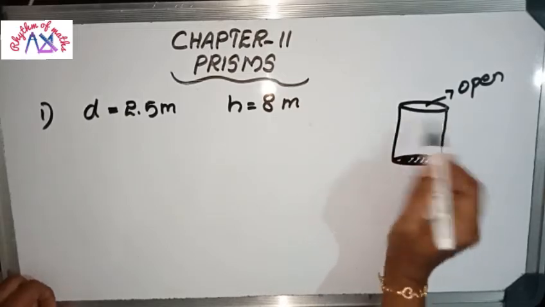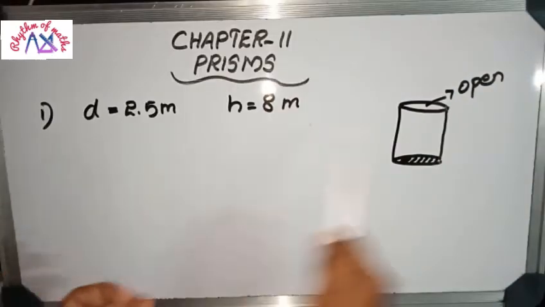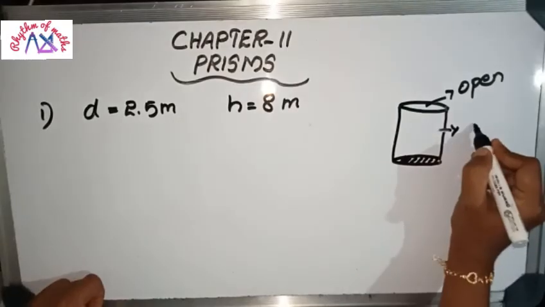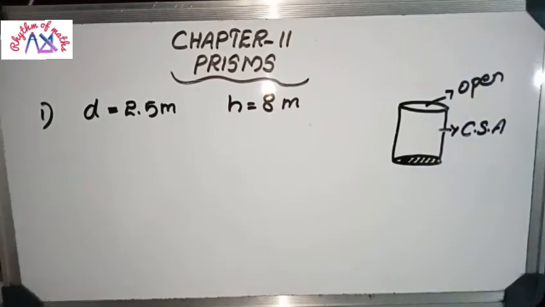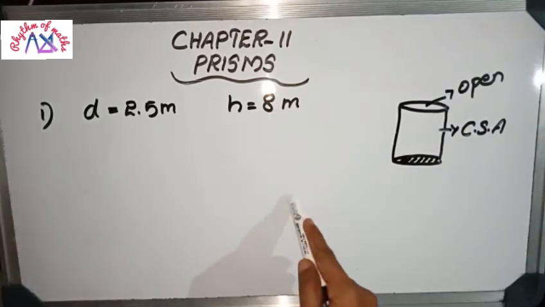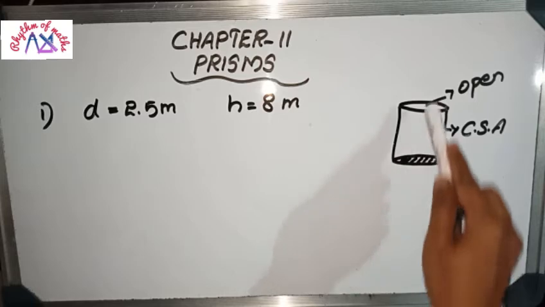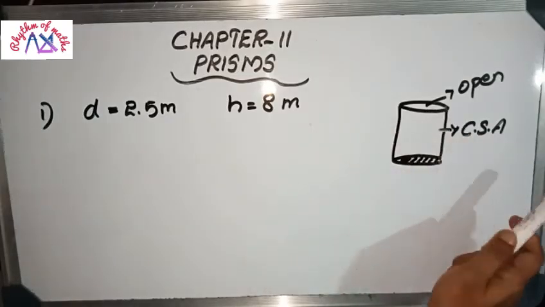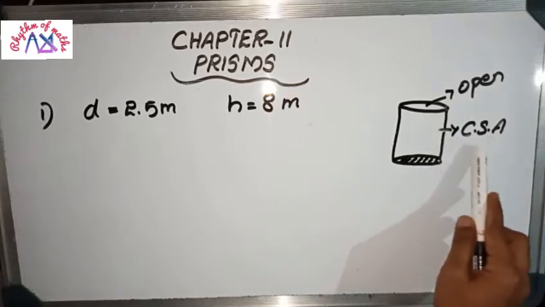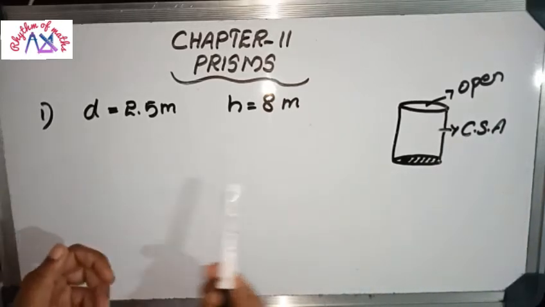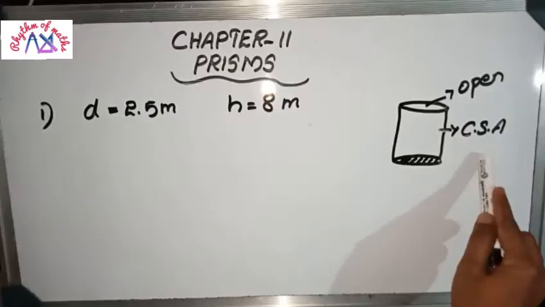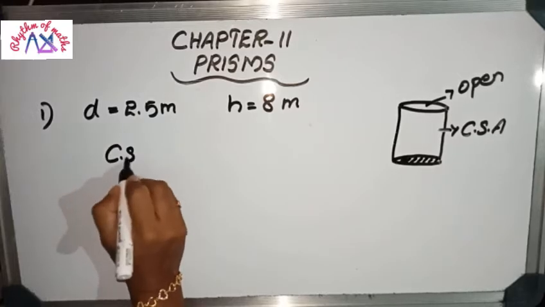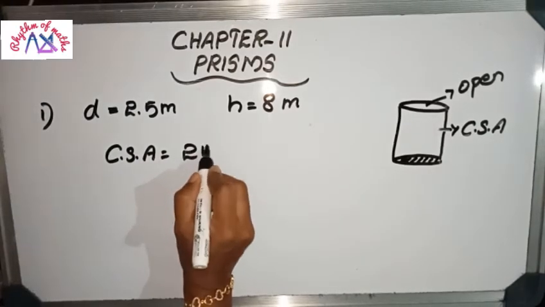So the round portion around the inside, what will it be? This round portion is the curved surface area. Okay, so it is an indirect question. For the cost of cementing, it is not possible to cement the upper and lower portions, only the inside portion is possible to cement. So that is the curved surface area we have to find. After finding the CSA, you have to find the cost also. So what is the equation? The CSA equation is 2 pi r h.